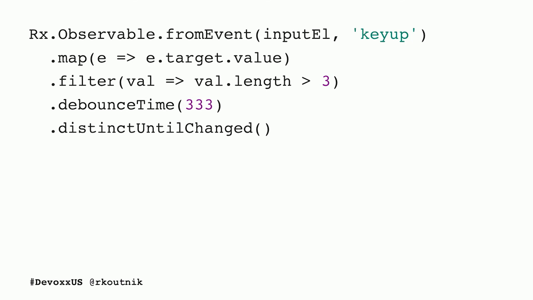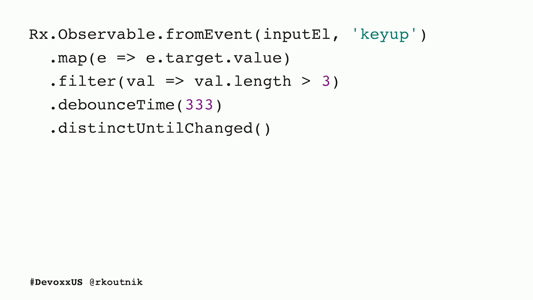characters. Secondly, we have debounce. How many people have heard of or used a debounce function? Yeah, a couple nods, a couple nods. I'll go over it for a second. How debounce works here is I'm handed a value, and debounce says, all right, I have the value. I am not doing anything with it. I'm going to wait 333 milliseconds before passing it on. And 332 milliseconds later, I'm handed a new value. It throws away the old value and says, all right, I have a new value. I'm going to wait 333 milliseconds. And then 333 milliseconds passes and it says, all right, my timer is up. I'm going to pass that on.